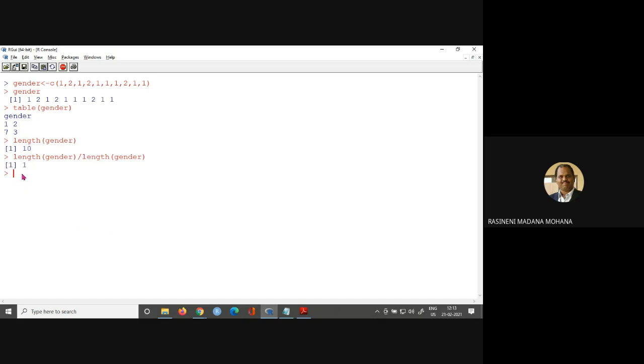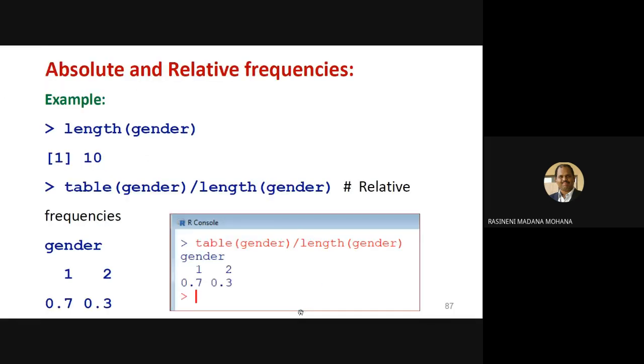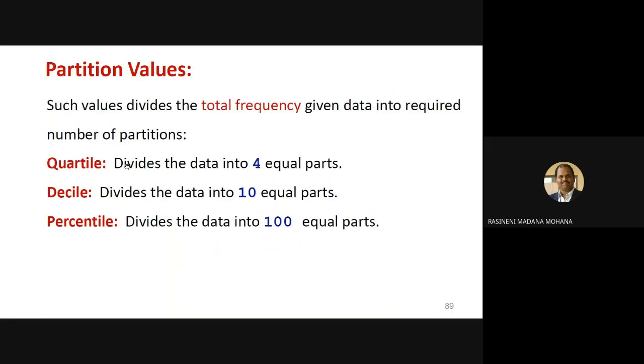Here I gave it wrongly. So the command is table of gender by length of gender, which gives the relative frequency of the data gender. So like that we will calculate absolute and relative frequencies.